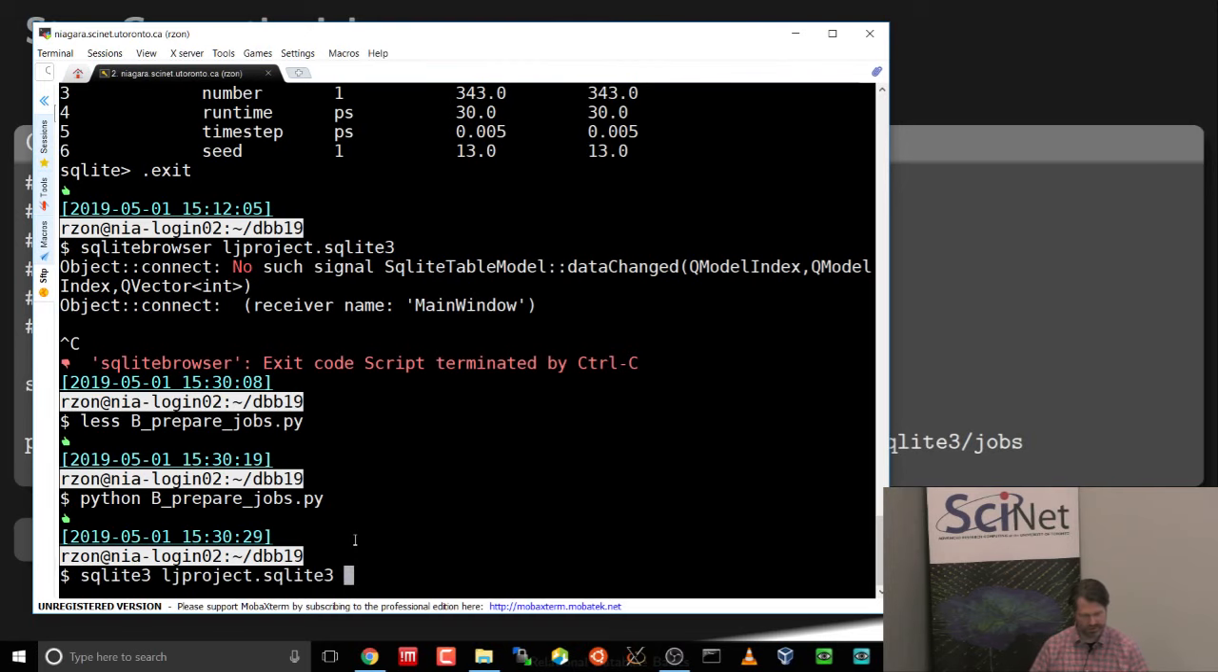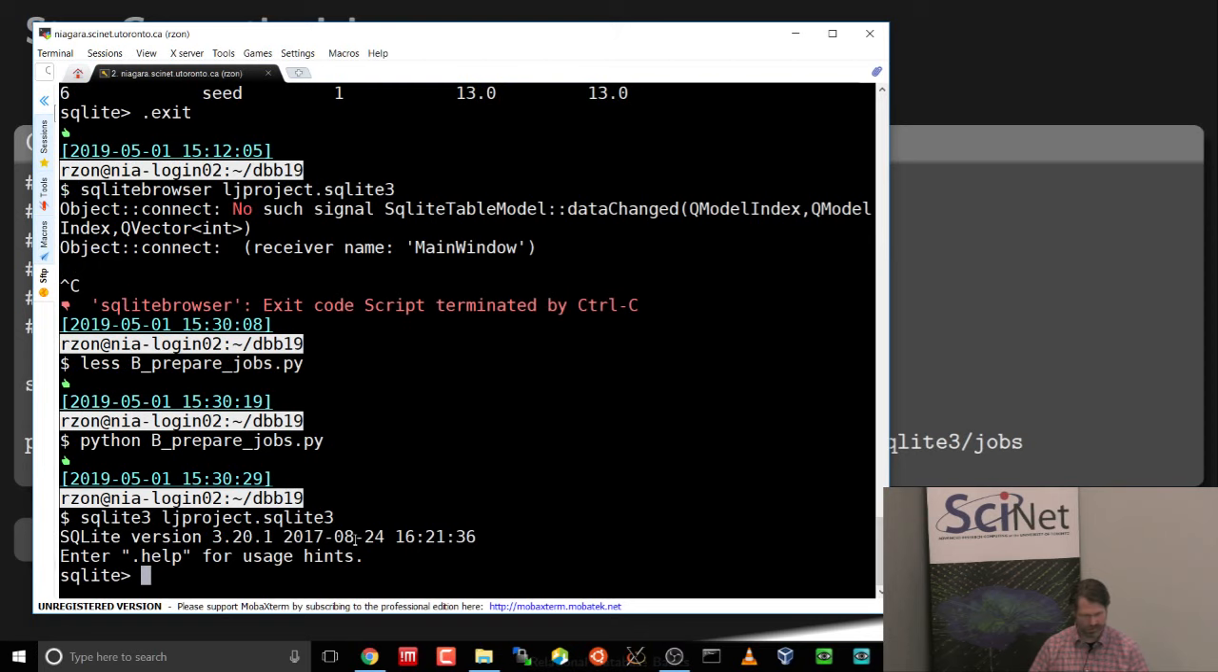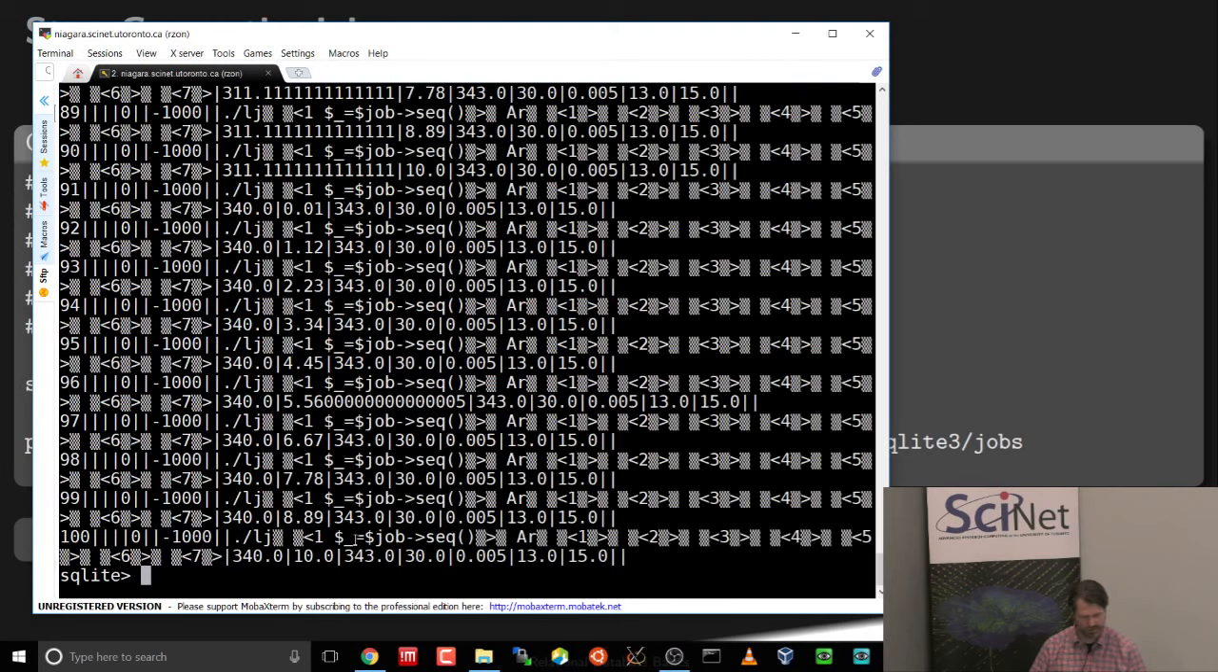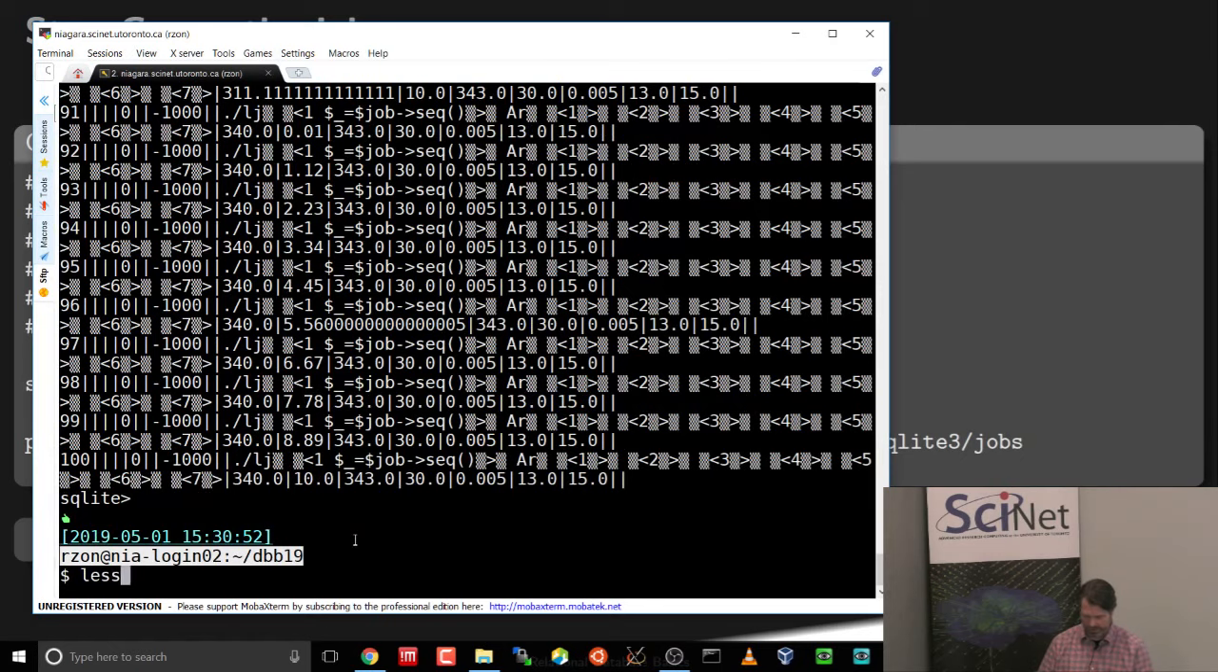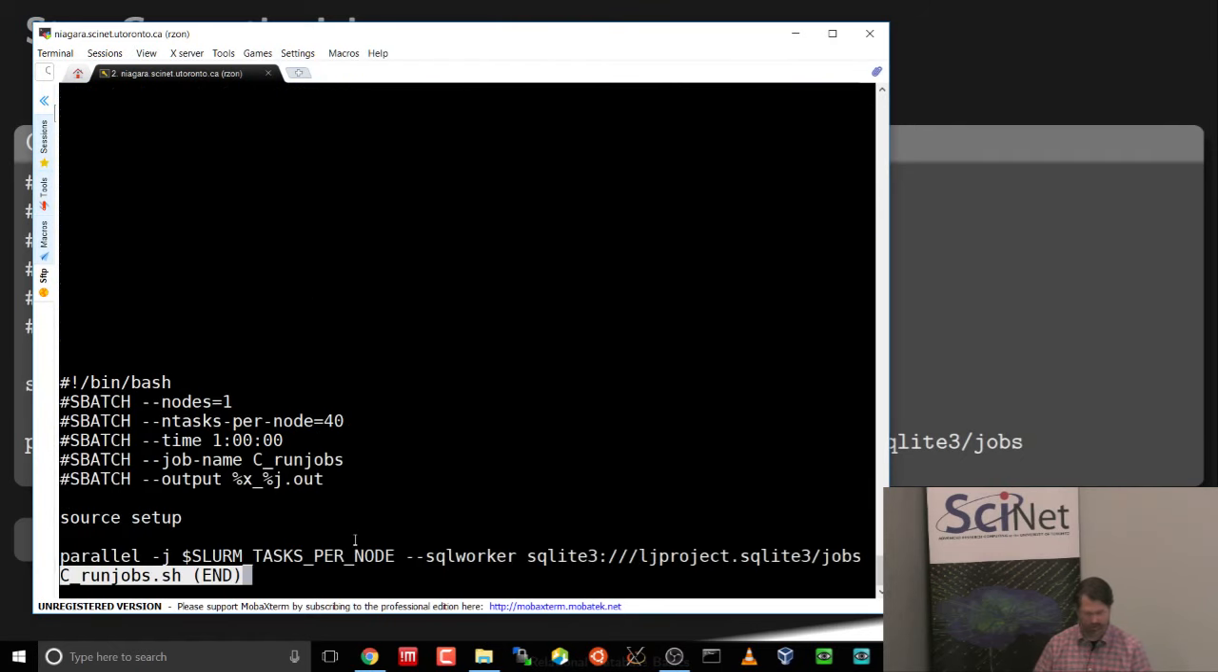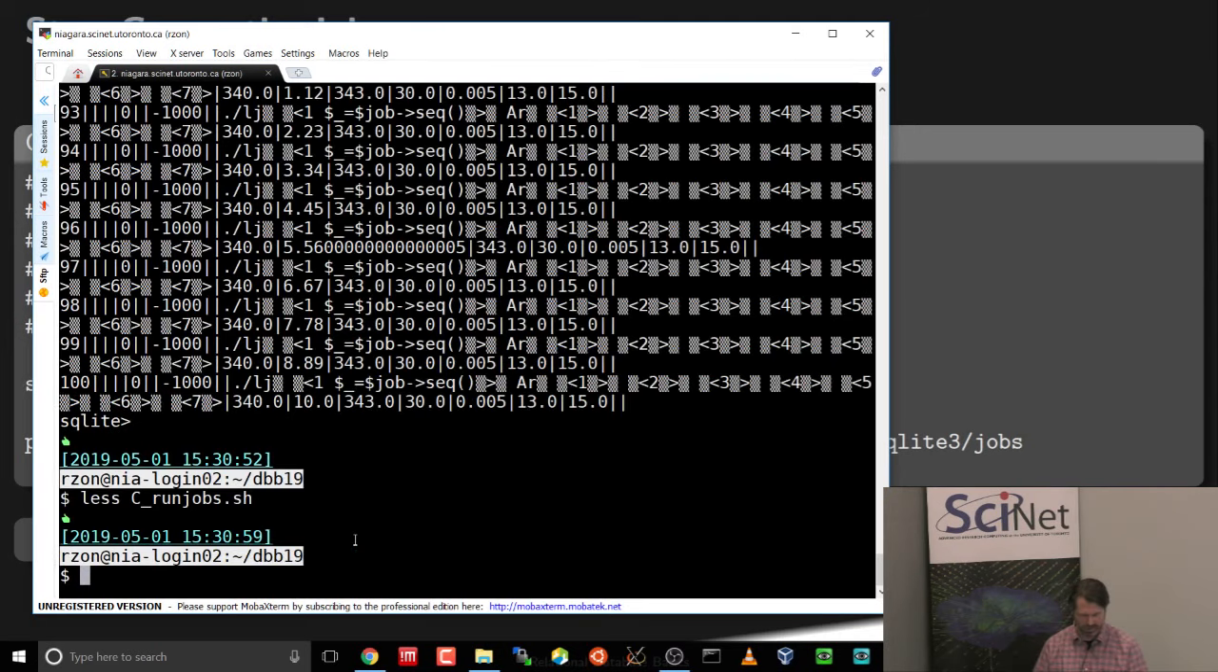Try the SQLite again. Select star from jobs, and there we go. Not sure why it's this ugly, but anyway, that's what it created. It has also created crun jobs, and here it is. That's exactly what we had before. So I'm going to try running this sbatch